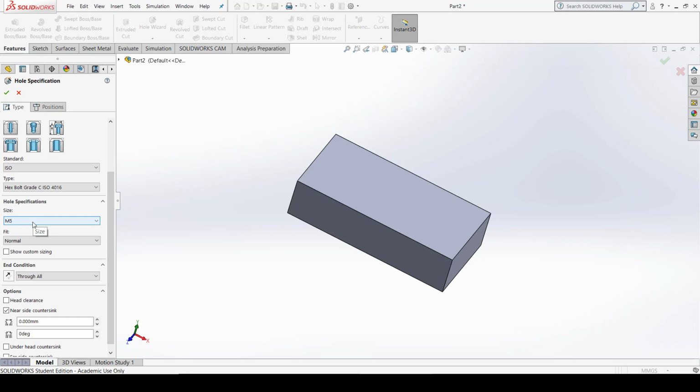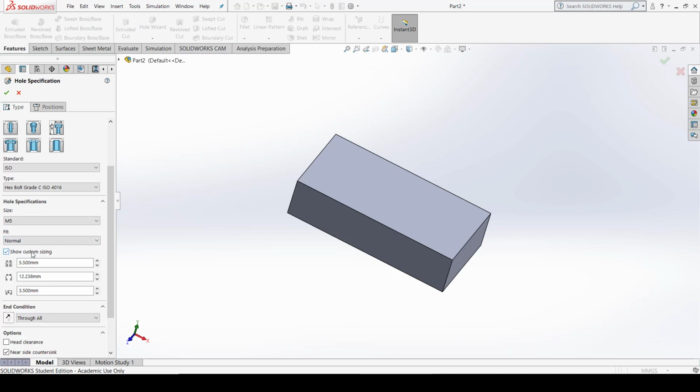But if you need custom sizing, you have to select the show custom sizing option here. When you select this option, you can see all the parameters like the diameter of the hole, your counterbore diameter, and then the depth of the counterbore. You can change it as per your requirement. So this is how you can define custom holes in this software. So let me give you a glimpse here. First of all,